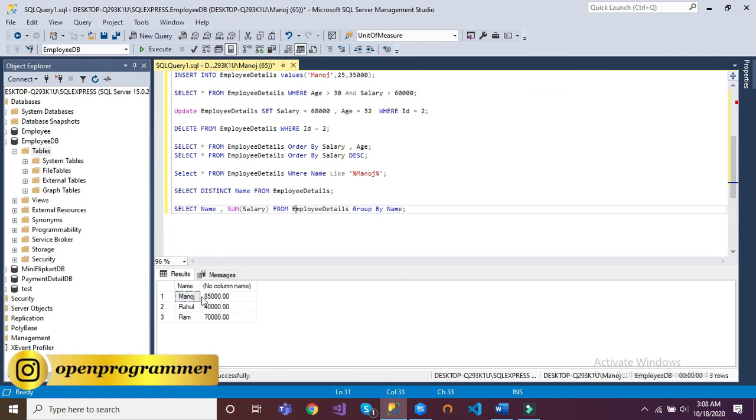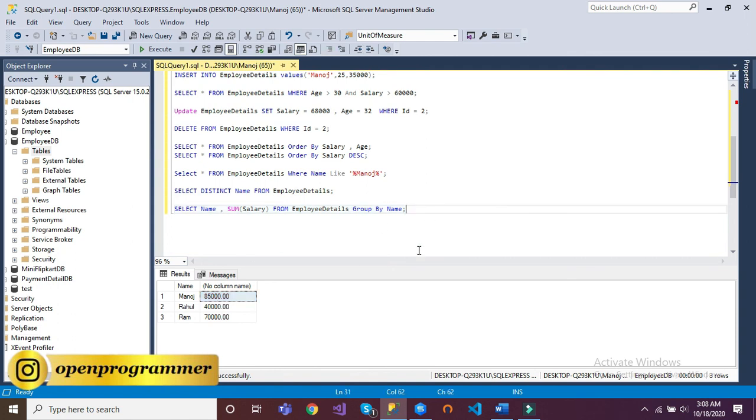So you can see for Manoj it is showing the single record having salary of 85,000, and if I go to this particular command, 50 and 35 is equal to 85. Let me run it again. So now we have grouped Manoj into a single record and showing the complete salary.